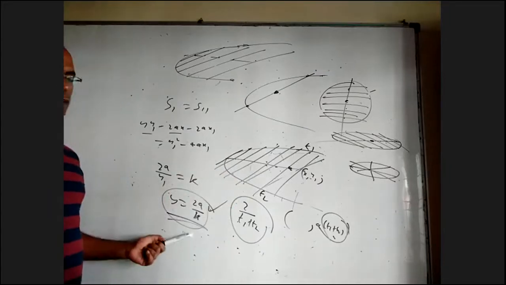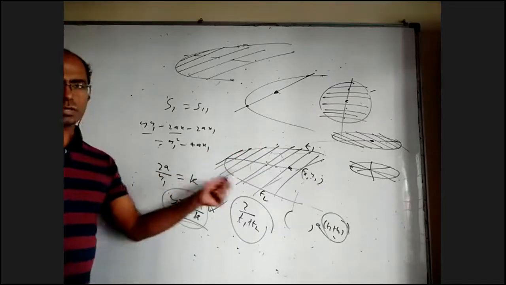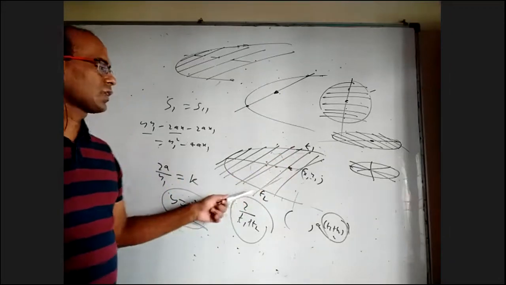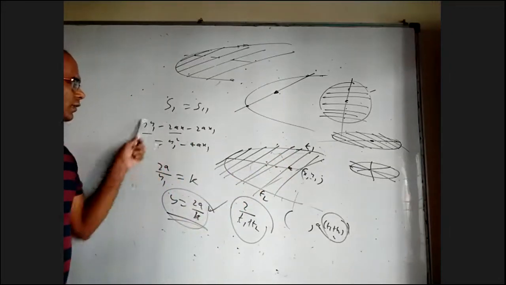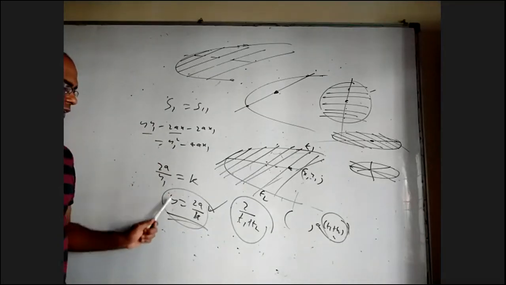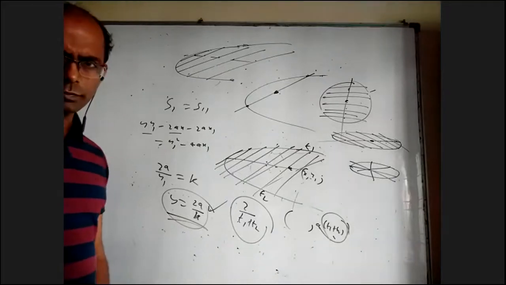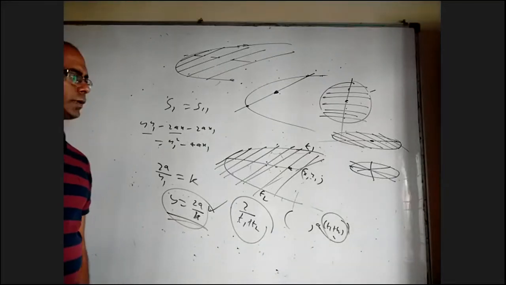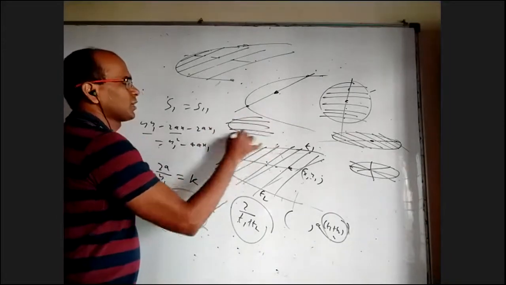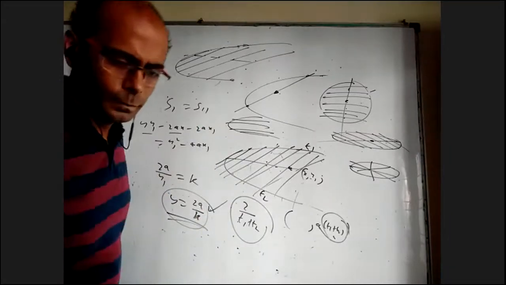Why am I explaining here? If I know all these lines have slope k, what is the locus of their midpoints? We take the midpoint as (x1, y1). The equation of the chord is S1 = S11. And I took the slope of that and equated it to a constant k. The locus came y = 2a/k. y equal to constant. What is that? It is a horizontal line, right? So if I take a parabola, this is a diameter, this is a diameter, this is a diameter. All these horizontal lines are diameters.